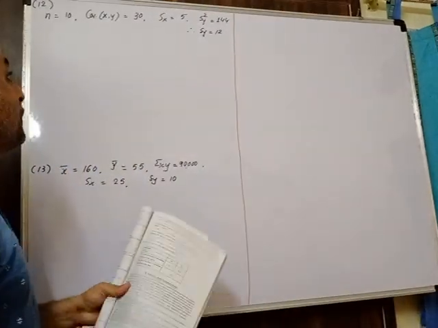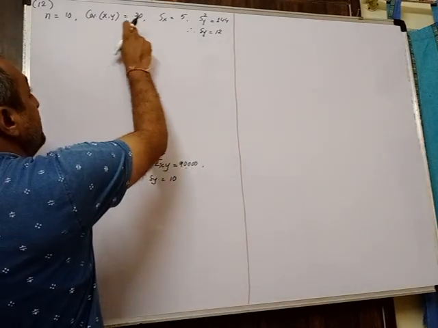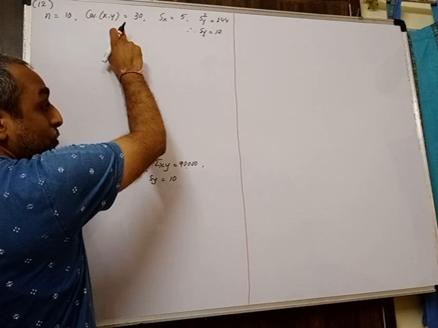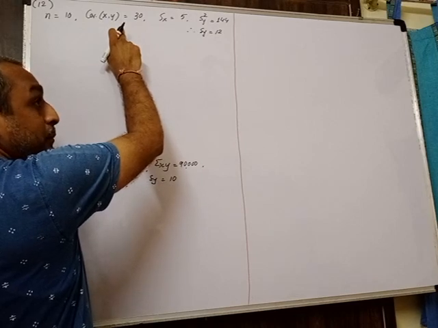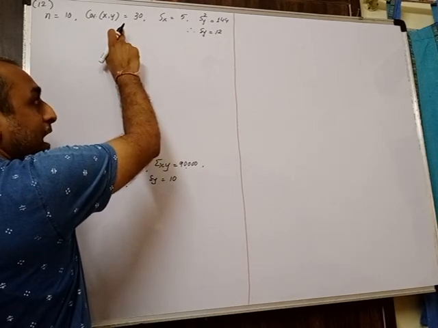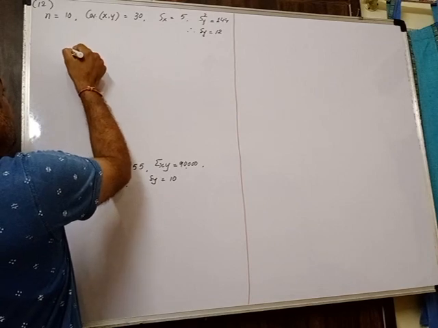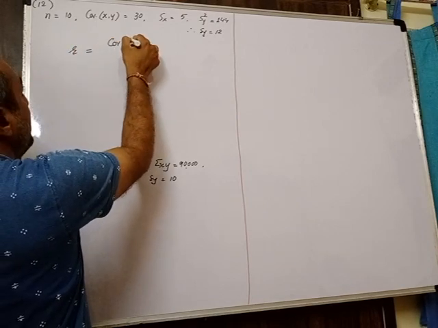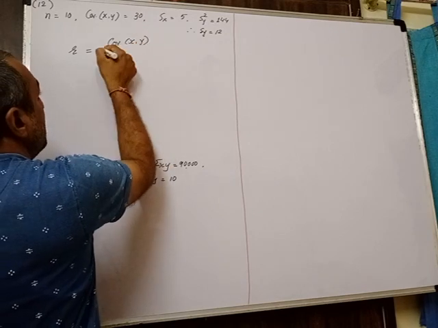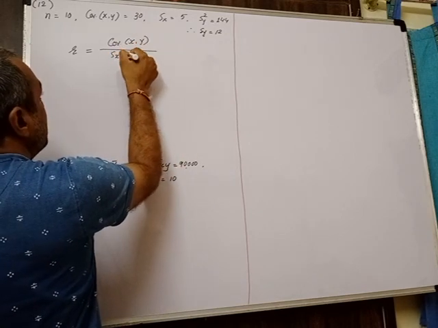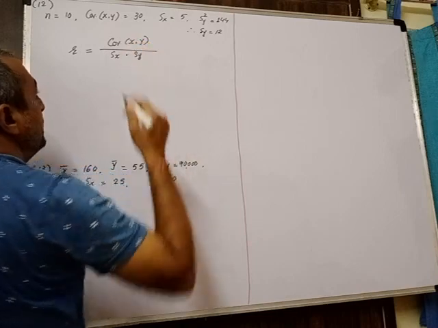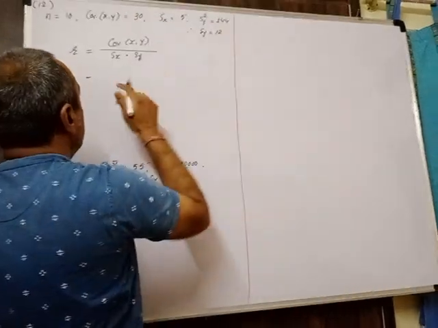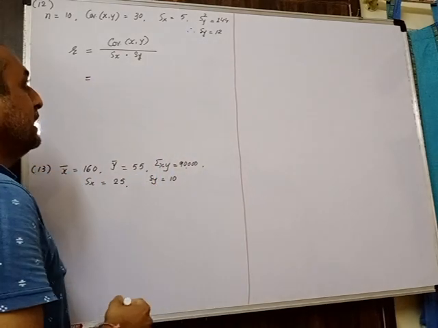So as you know, the covariance is available, which is the first formula we have, where the covariance is used, the original formula given by Karl Pearson. So according to the given data, we can use this formula. r is equal to covariance of xy divided by sx into sy. This is your formula. So all the values are now available, so you can replace the values and you can find out your answer.